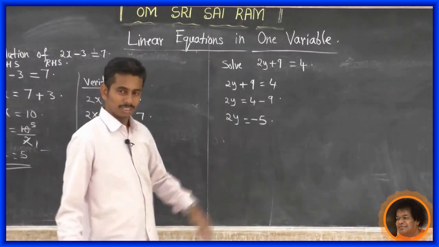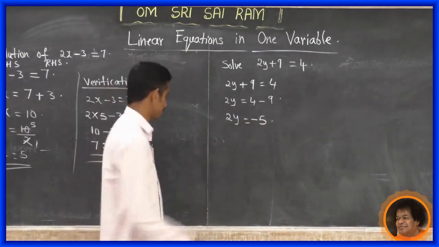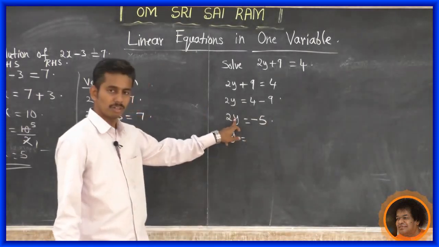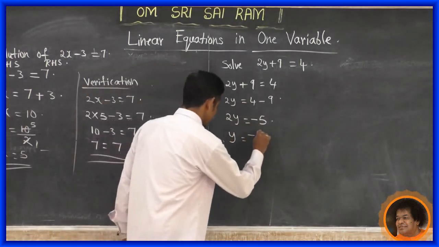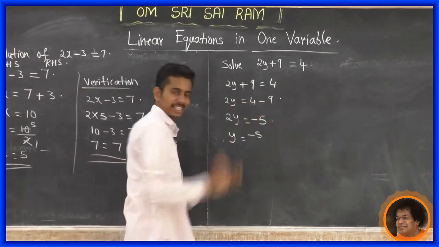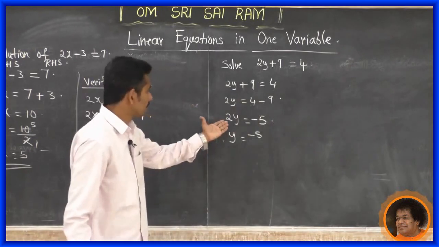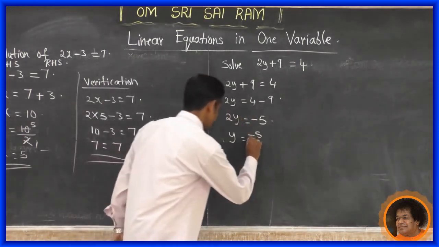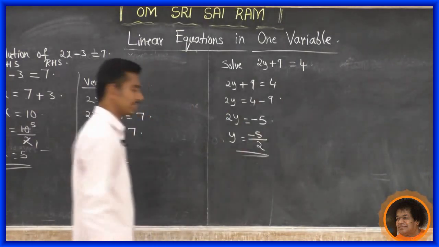I will explain some of the basic things in the next class. Now write 2y equal to minus 5. So y equals to, why is it y equal to? Because we require the value of y. Find the value of y. So y equals to, first write the right hand side, that is minus 5. Transpose this 2 to the right hand side. 2 and y are multiplied together. So 2 is transposed from the left hand side to the right hand side, it becomes division. So minus 5 by 2. So y equal to minus 5 by 2 is the answer.